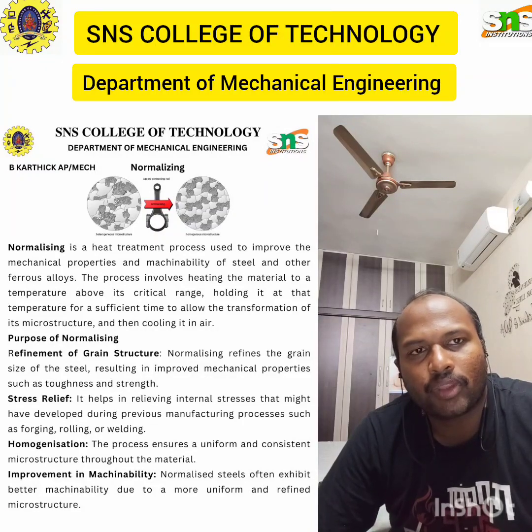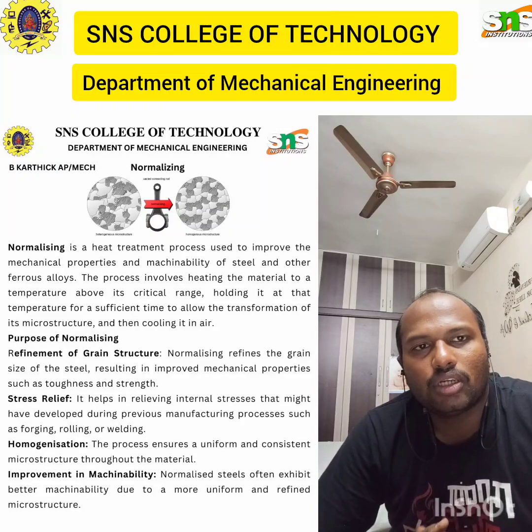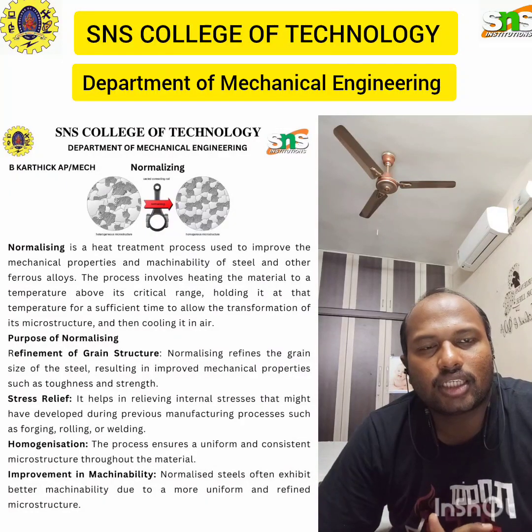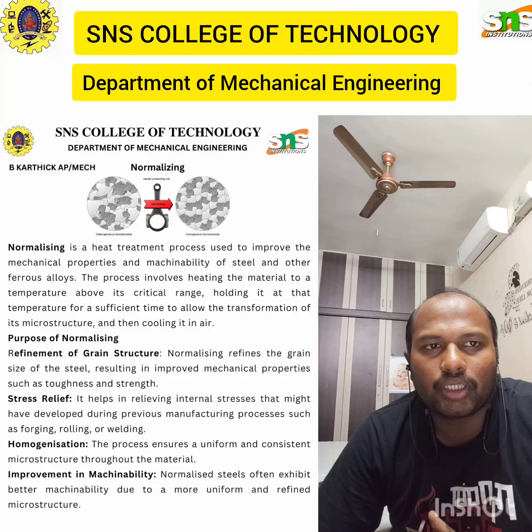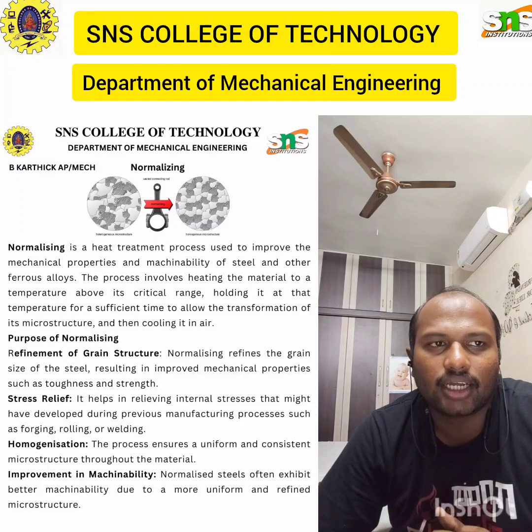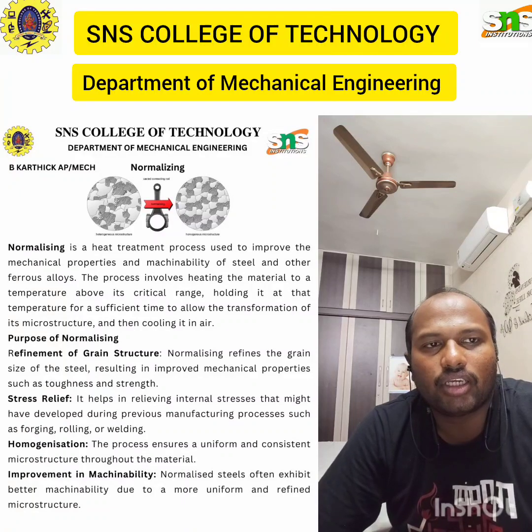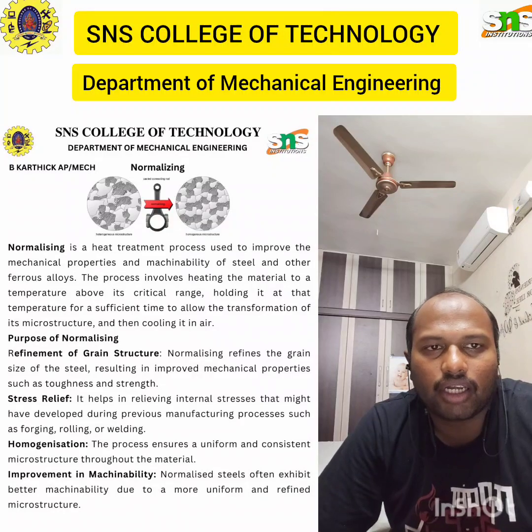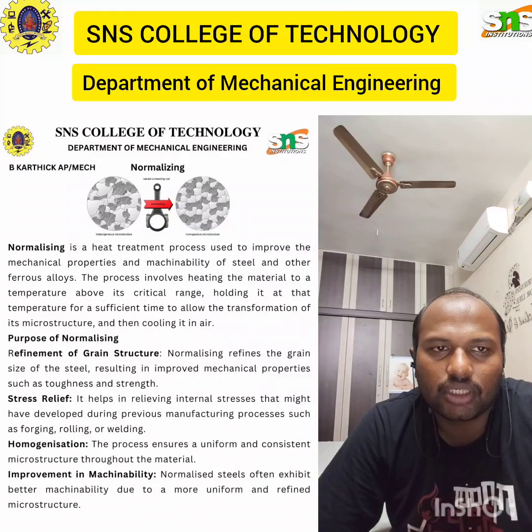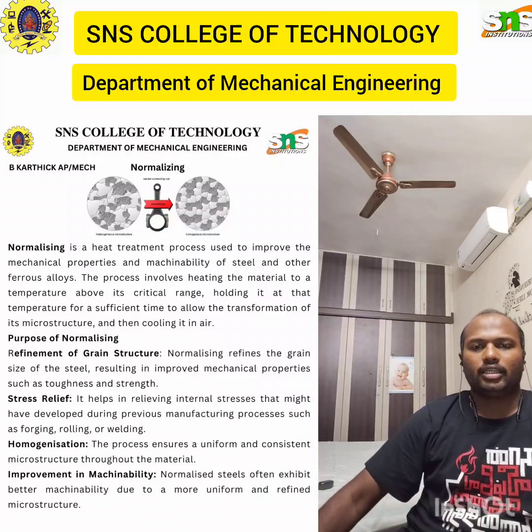of strength and toughness. From an application point of view, for normalizing, structural components are used for components that require a fine uniform grain structure and good mechanical properties such as beams, rail tracks, and pressure vessels. And in pre-treatment for hardening, it is often used as a preliminary heat treatment before the hardening process to ensure uniformity and reduce the risk of distortion. In welded structures, it is applied to the welded components to relieve residual stress and improve the